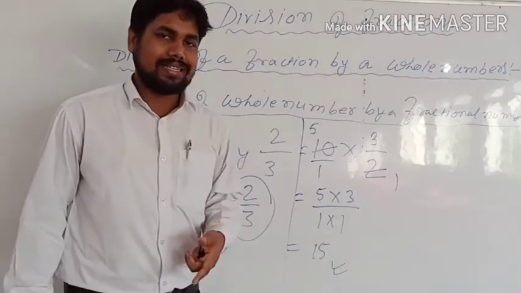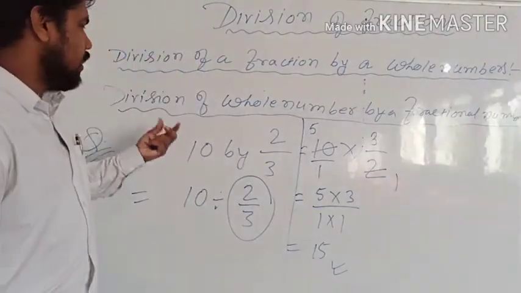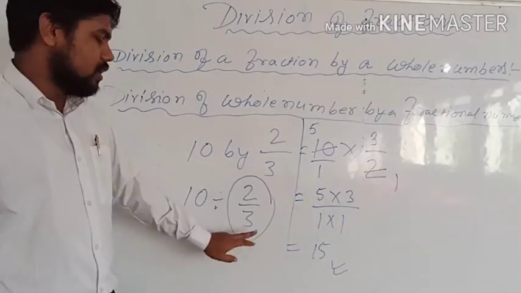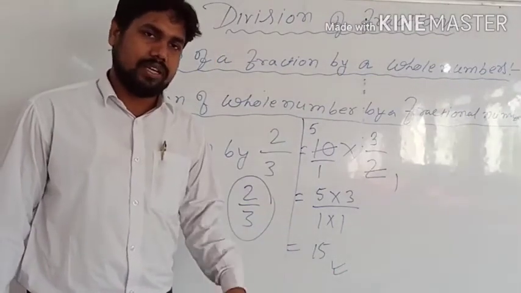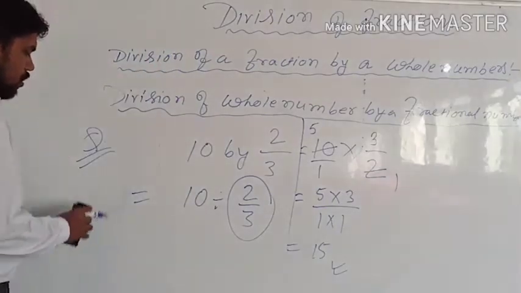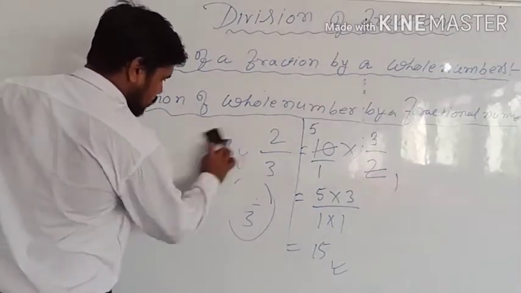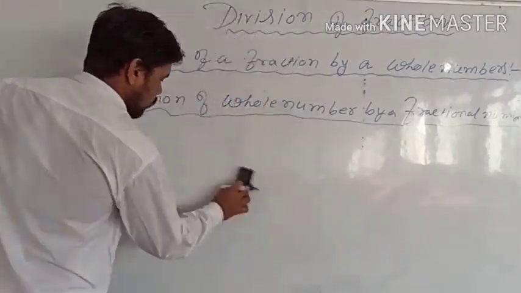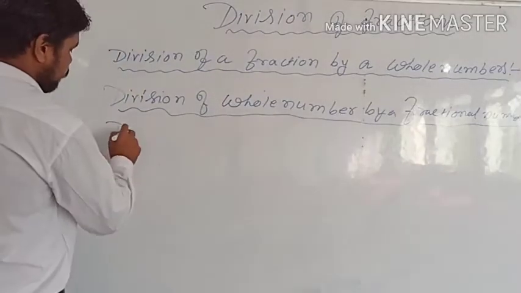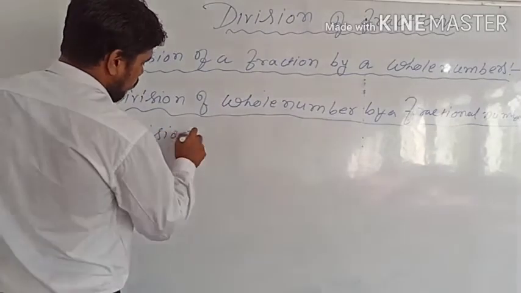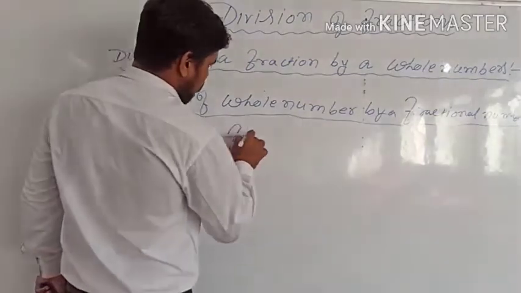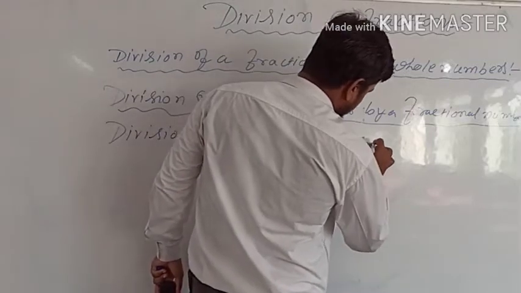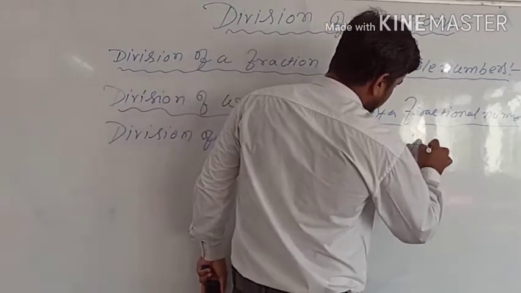और अगर नेक्स्ट टॉपिक जो है कि डिविजन्स ऑफ फ्रैक्शनल नंबर बाय फ्रैक्शनल नंबर, so in that case also we will check the fractional, we will change the reciprocal of the second term only. Okay, so let's take some examples of divisions of fractional number by fractional number. So the third thing which we need to know about the division of fractional number by fractional number.